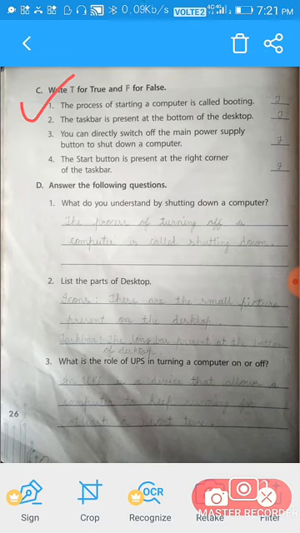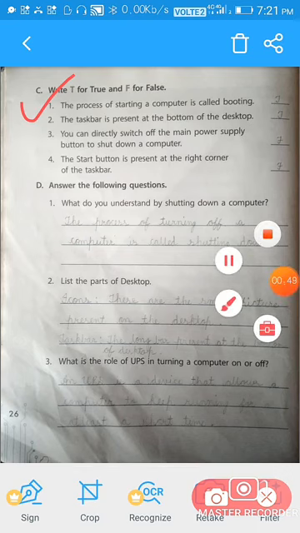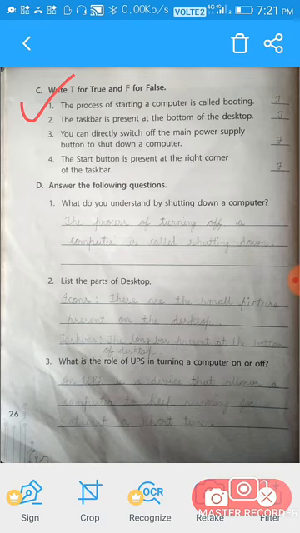Is this true or false? Yes, this is true. Now second, the taskbar is present at the bottom of the desktop. It is true.